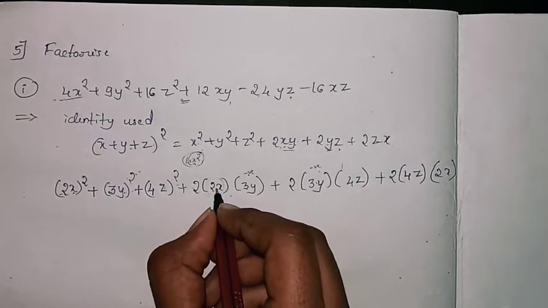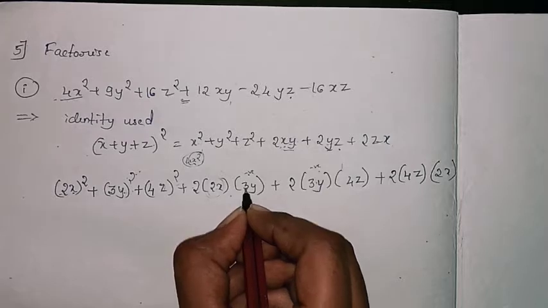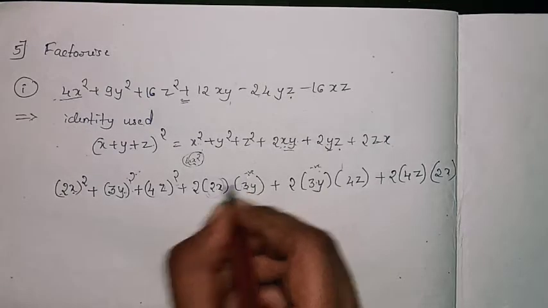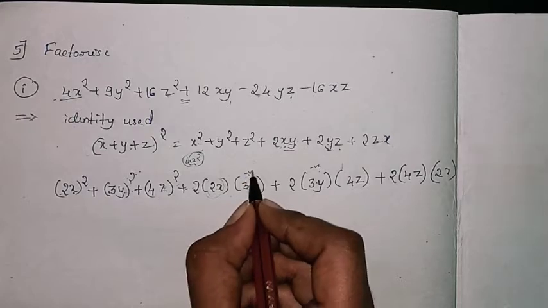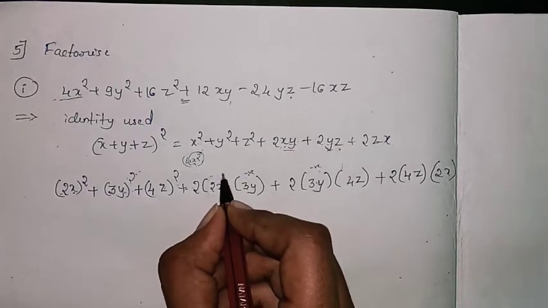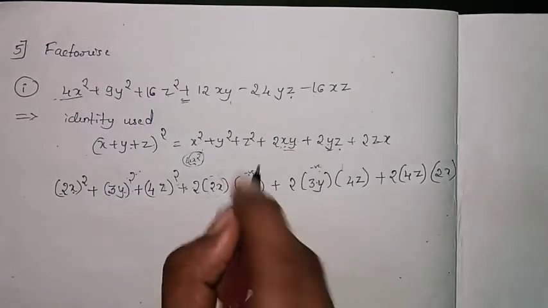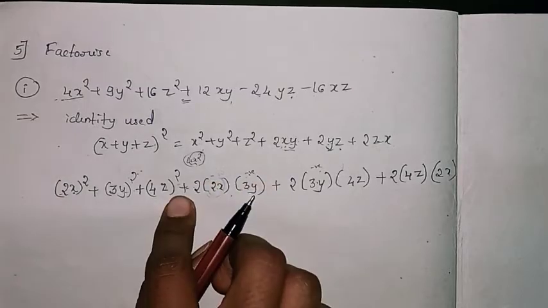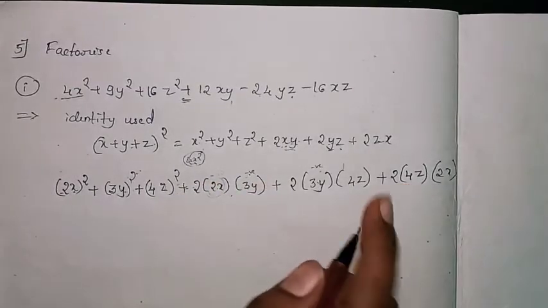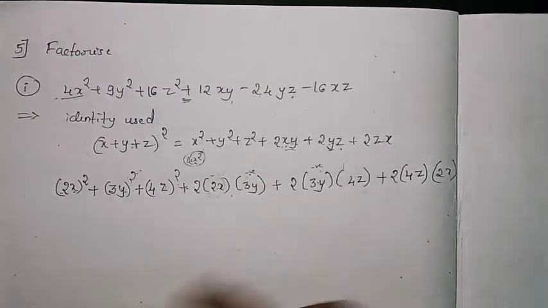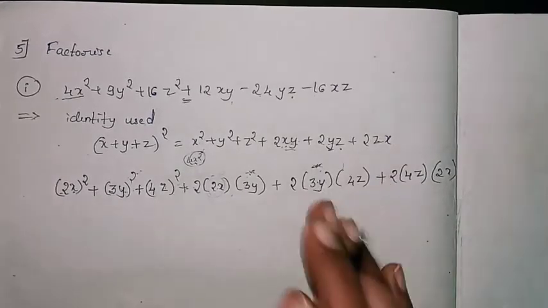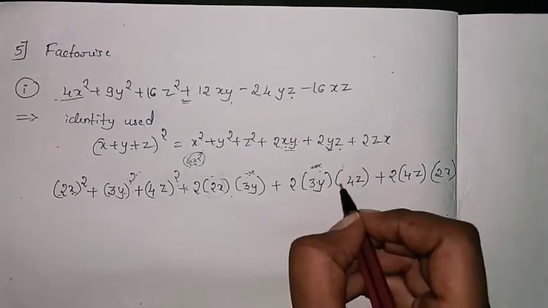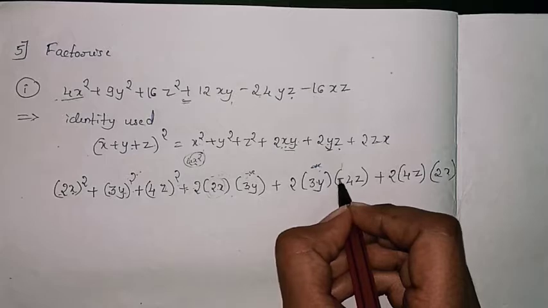Then 2 2s are 4, 4 3s are 12, 12xy, as it is negative it will become negative. So it is not possible to take y as negative, or otherwise you can take x and y both negative, then it is positive. You can do like that. Or you have to change the sign. So I will not change the sign of the 3y, I will keep it positive. What I will do, I will change the sign of the z value.